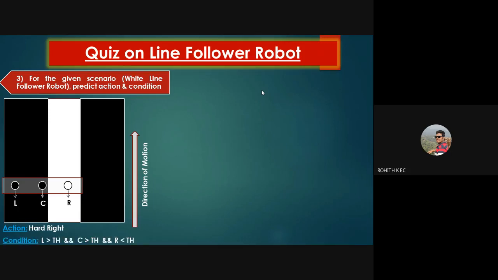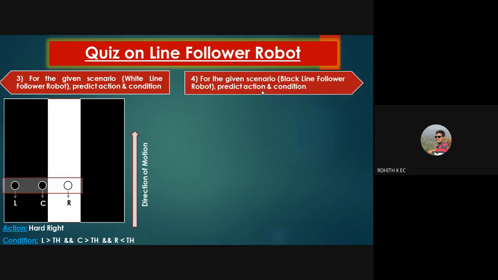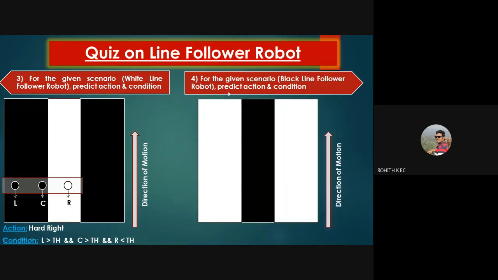Very good. Now, scenario 4: we have a black line follower robot, predict the action and condition. This is a black line follower robot and this is the position of my robot. Tell me what is the action I should take. For the fourth question, what action should I take? Yes, Sunita, Prakriti, Nikhil, Riteshwar, Sarisha, Yashaswini are giving the answers.